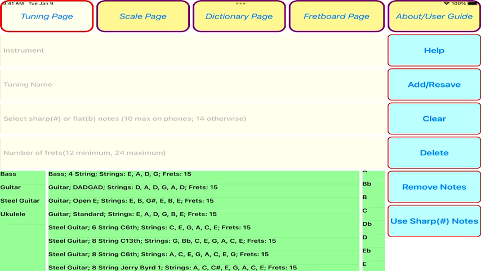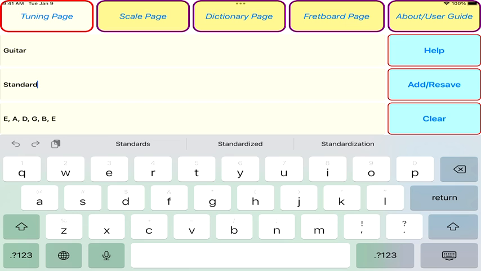And as I stated before, if you want to scroll through the tunings for any instrument, just keep tapping the instrument. But let's add one that isn't there now. We'll start with standard. Open G is not here. Open G is the perennial favorite of Keith Richards. So we'll start by giving it a name. Open